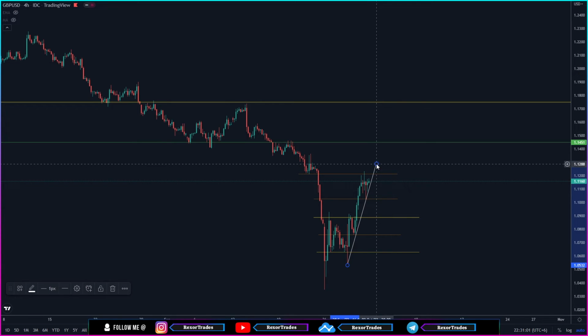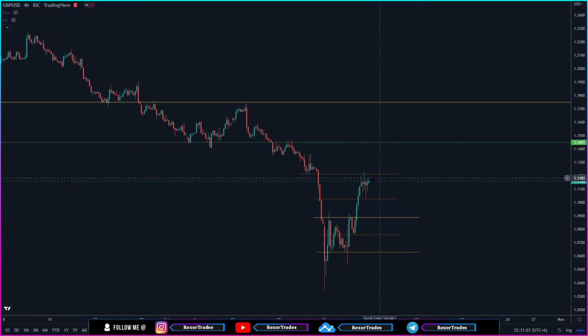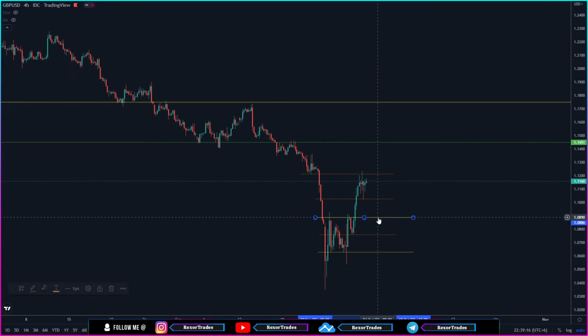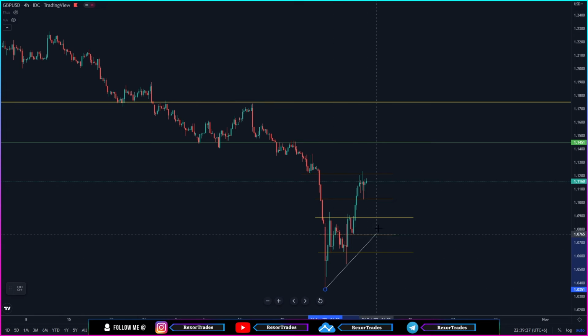Now, if GBPUSD, instead of making a break and close above this structure with further bullish momentum, finds resistance over here and makes a break and close below this previous low it formed with further bearish momentum, then that could be an indication of GBPUSD going for some deeper retracements or pullback to either retest this key zone by riding this clean move, or to make a retest on any of these key zones over here as part of a deeper retracement move, and also an attempt of GBPUSD creating a new uptrend line